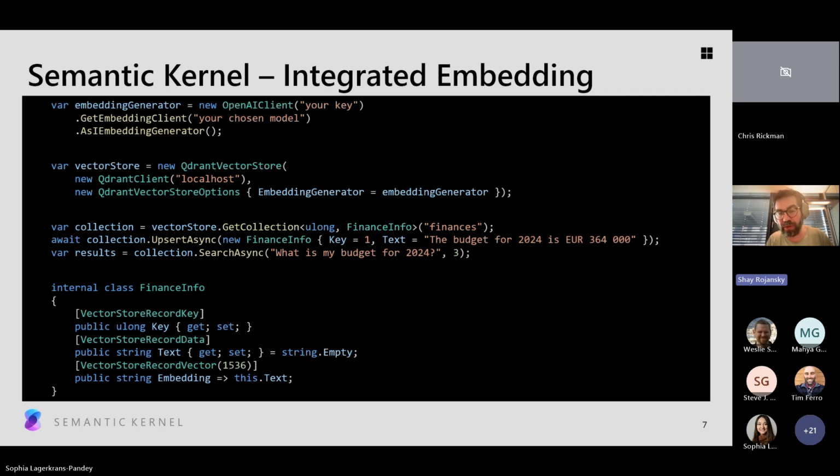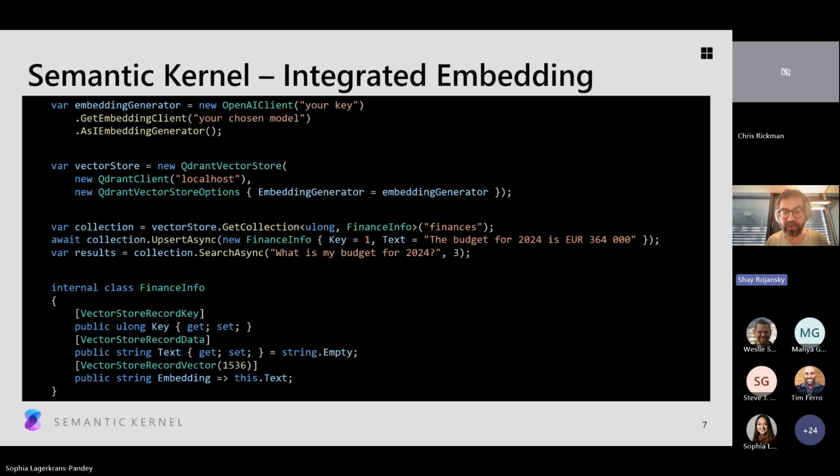Now you've got your embedding generator, right? You would have done this previously also, you would have had to create an embedding generator. But now when you create your Qdrant vector store, notice that we are configuring the embedding generator with the Qdrant vector store. So your vector store, the thing that you use to interact with the database, is now aware of your chosen embedding generator. And that setting acts as a default. So any property here, like the embedding one, that's a string, that's not itself a ReadOnlyMemory of float, will implicitly use this embedding generator. So all you have to do is, at the point where you set up your vector store, tell us what embedding generator you want. And from that point on, all of the APIs are just going to work with strings.